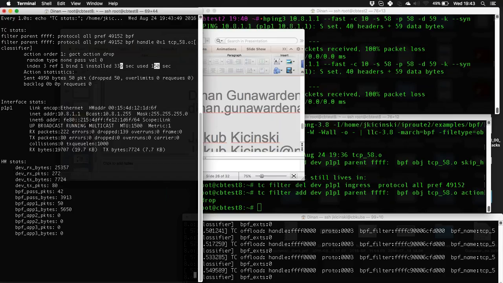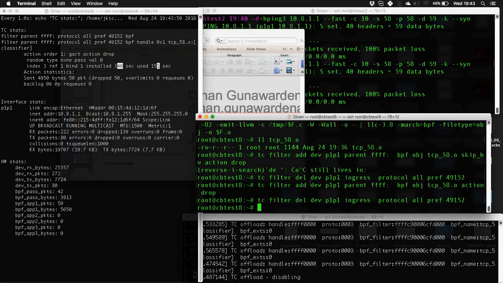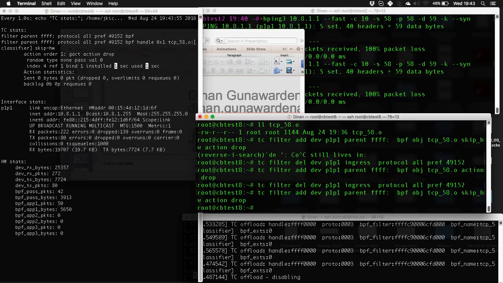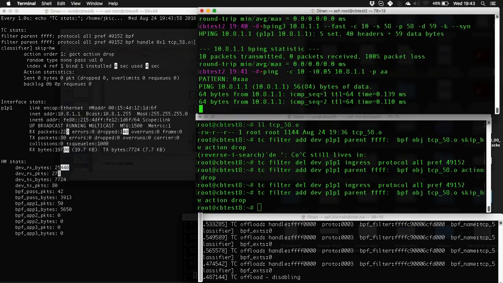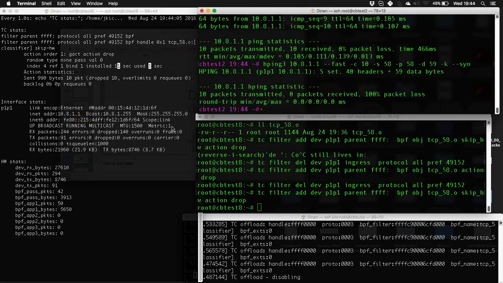So if I did, let me just quickly load, skip hardware again. If I'm running in this mode, we can see that only the first two statistics are incremented, right? So these are only the statistics that are reported basically by the MAC saying that there is data flow.